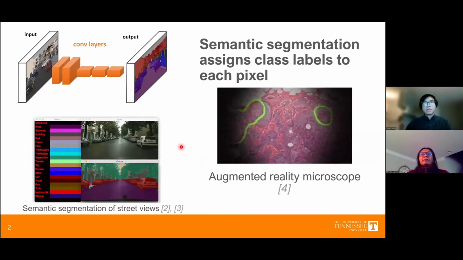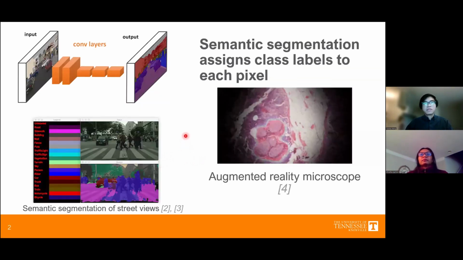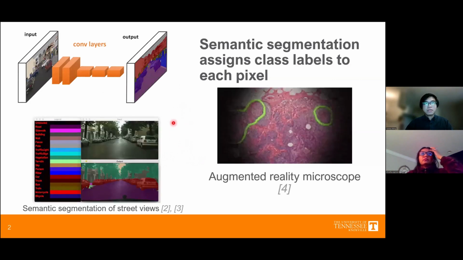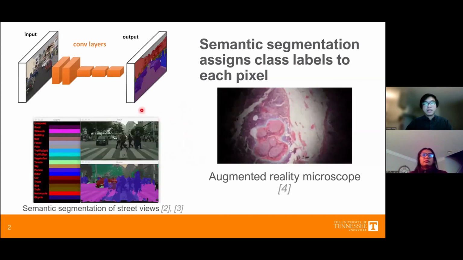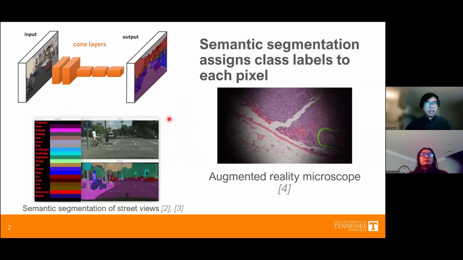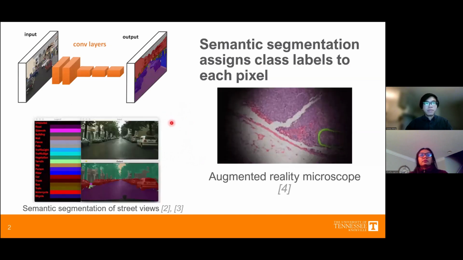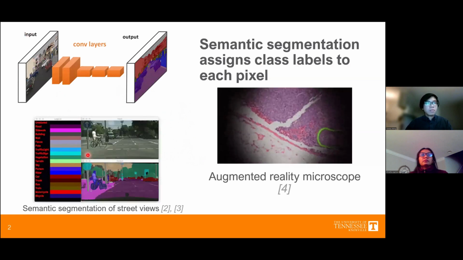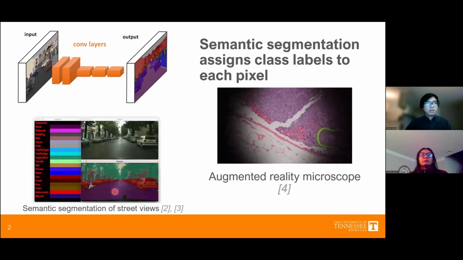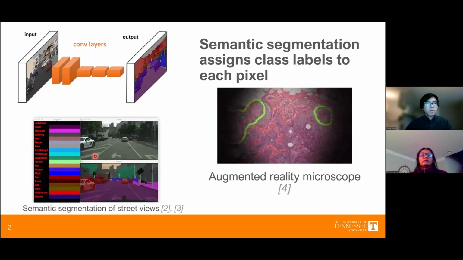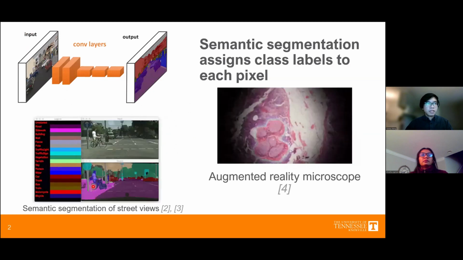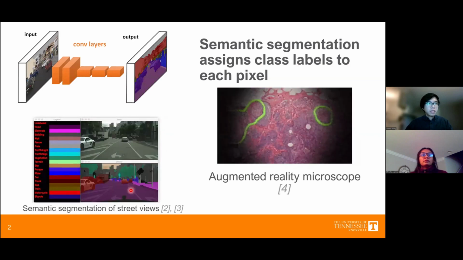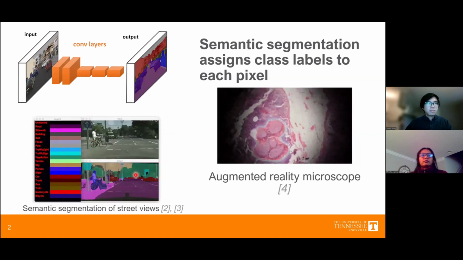So semantic segmentation refers to assigning class labels to individual pixels in an image, or say in a frame of a video. So here are some examples. This is a street view, which when semantic segmentation is performed on it, it can identify pixels belonging to pedestrians or cars or the road or